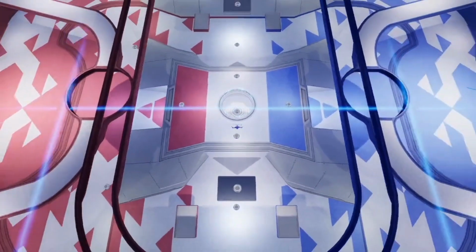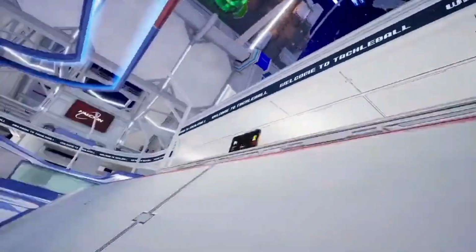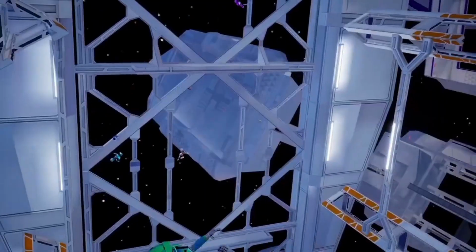This is Driftball. One of the main game modes in Orion Drift, the other being Zero G, which is currently